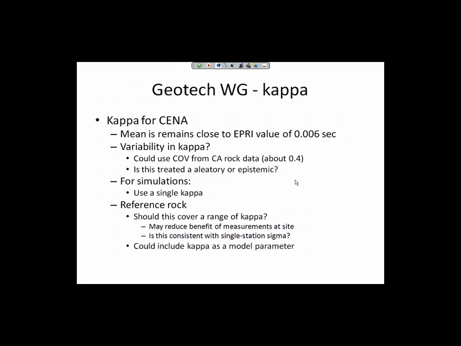Yeah, I think Ken pointed out it was basically the range in Kappa values we got from inverting rock sites from the Loma Prieta earthquake. So it was a long time ago. And we did a weighted average, and assumed the lognormal distribution, and it came out to a sigma LN of 0.3. And so that's just been propagated for no particularly good reason. It was just a number that we came out with in '93 or so.